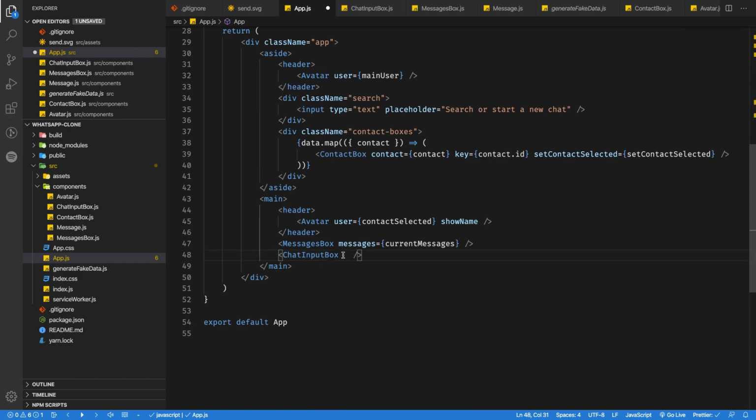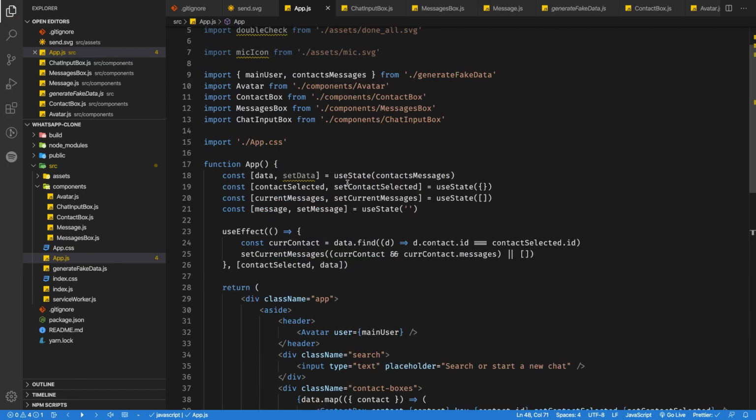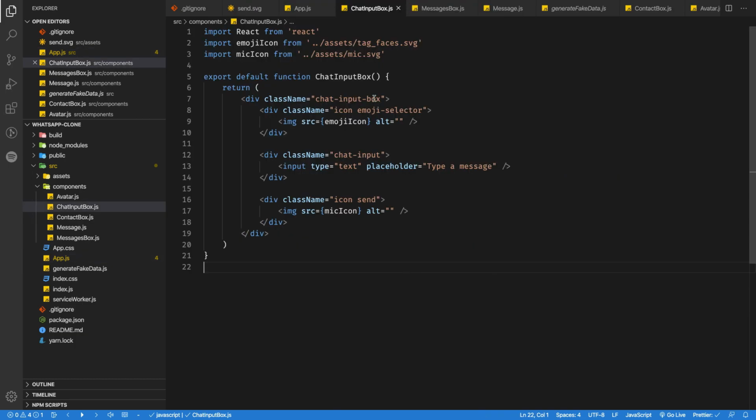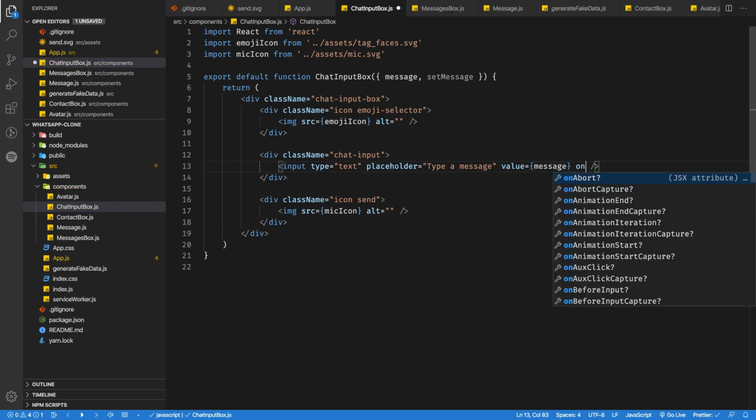So now we can pass this. We can say message equals message, and we can say setMessage equals setMessage. So we are just binding this here, but we are not binding that in the input. So let's do that now. So we can say message, we are reading from the property, and setMessage, and what we want to do is a binding here, we can say value equals, and this is going to come from the message, and onChange